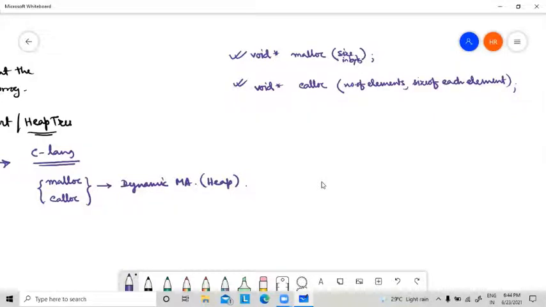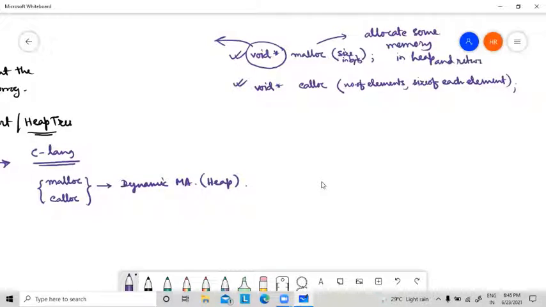Now both return void star. What do you mean by void star? What is the purpose of malloc? The purpose of malloc is to allocate some memory in heap and return the starting address.